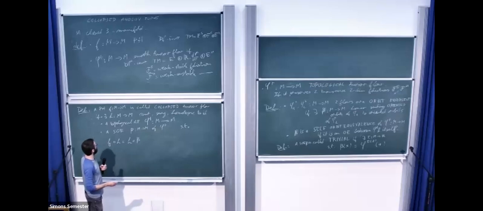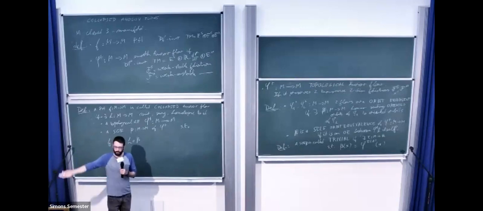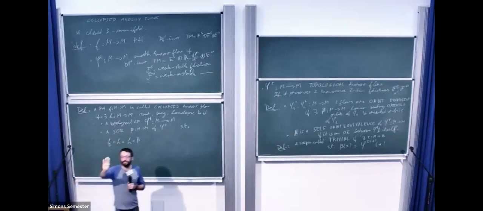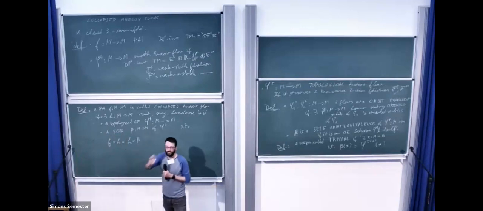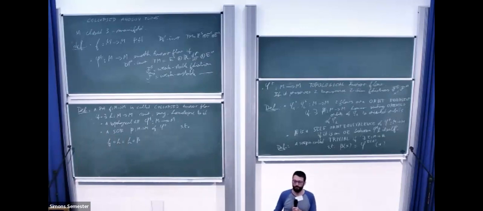Why would H not be the identity? Well, then F is not going to be partially hyperbolic. In general, H could be the identity. In general, beta could be the identity. If you want both of them to be the identity, that's too much to ask, right? There are some examples. Let me just finish the definition and then I'll give some examples where beta is the identity or H is the identity or whatever, okay?